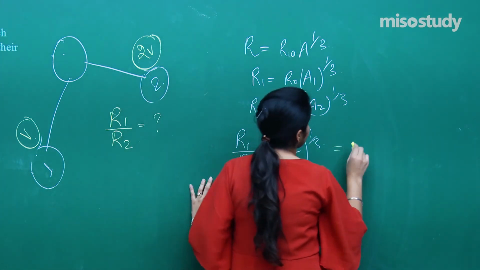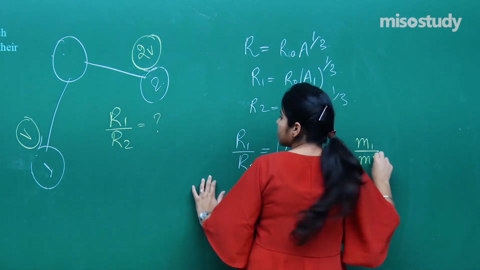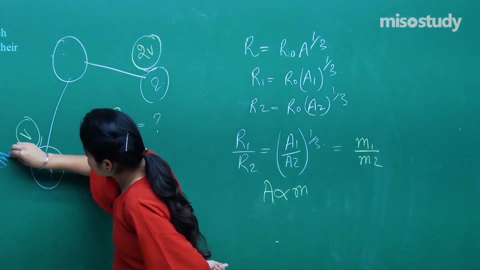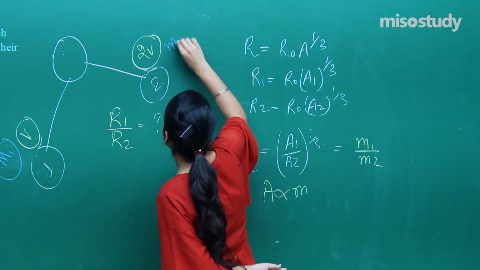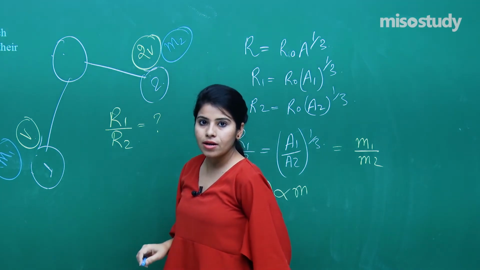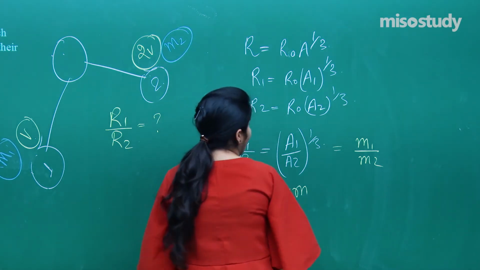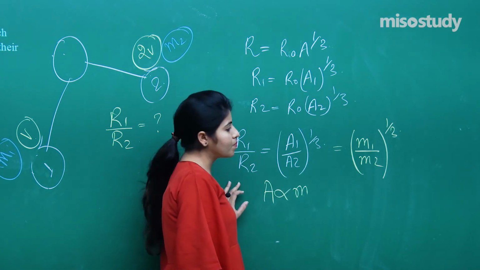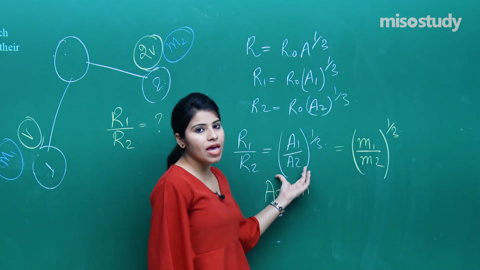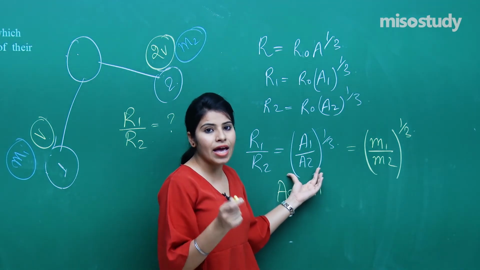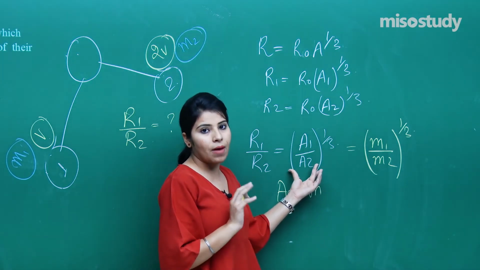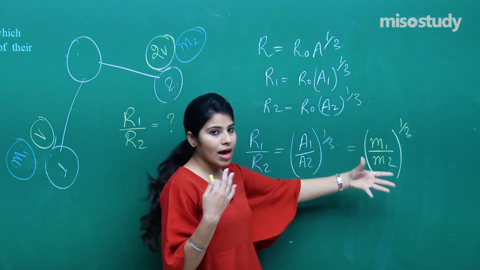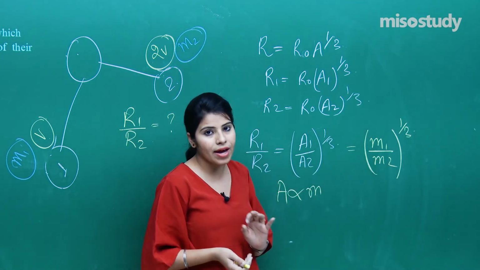Now what we can do, we can place m1 and m2. Let me just write over here. So this is the mass m1. This is m2, the mass of the second particle, right? Now I have just written m1 and m2 in place of A1 and A2, right? Because I cannot use A1 and A2 as we have not been given any element so that we can learn about this mass number. Now what we can just do from here, I have actually found out this ratio m1 by m2.